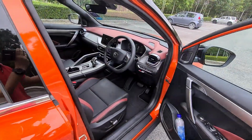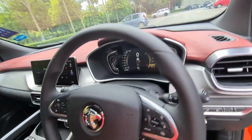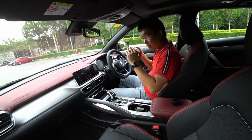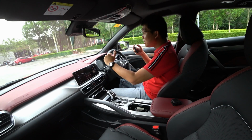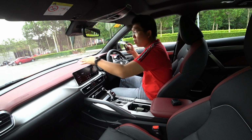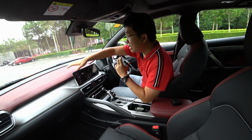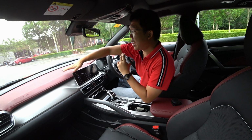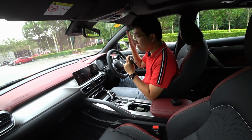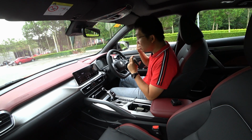So let's come to the front end. Now you can see here, from this angle, the brave color scheme that Proton opted for on the dashboard. I think this is lovely to see. This immediately makes the cabin look and feel more expensive, right? Just this top piece alone adds so much character to the design. And the thing is that Proton could quite easily have gotten away with making this piece black or dark gray, the safe option that most car makers who spec their cars for our market would have done. But they chose to give it red, and I commend them for that, because this really makes the interior of this car